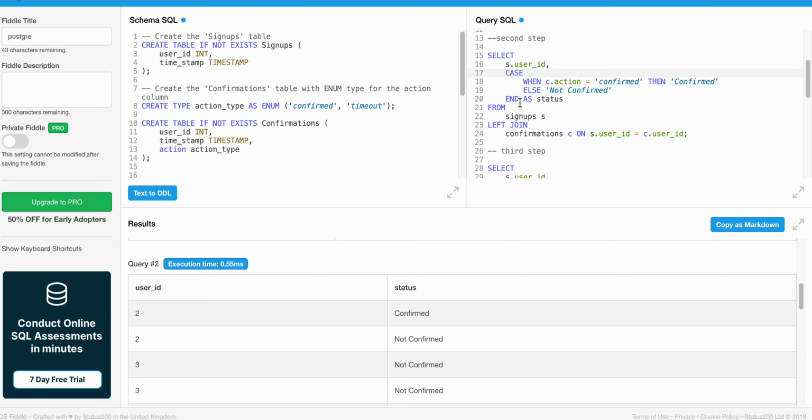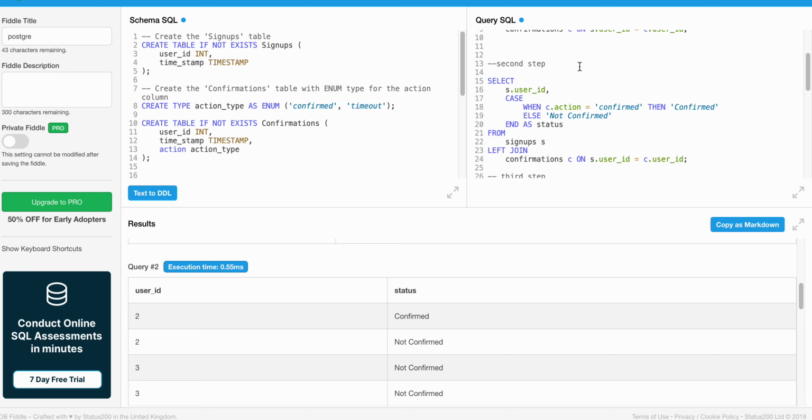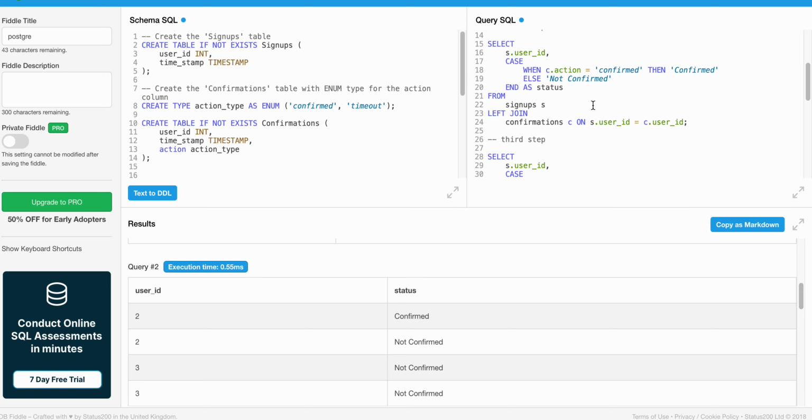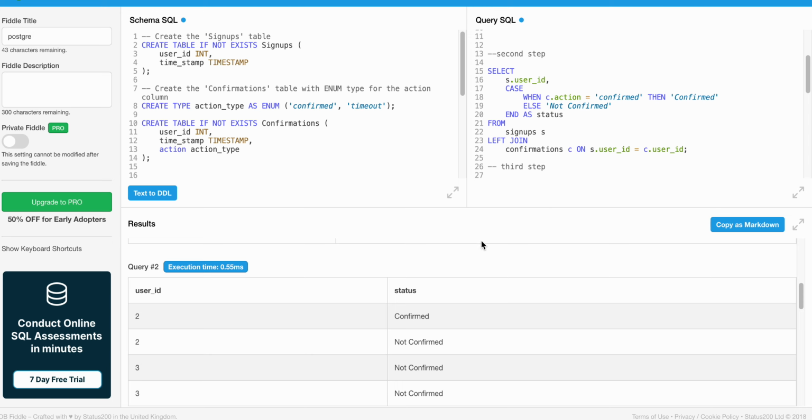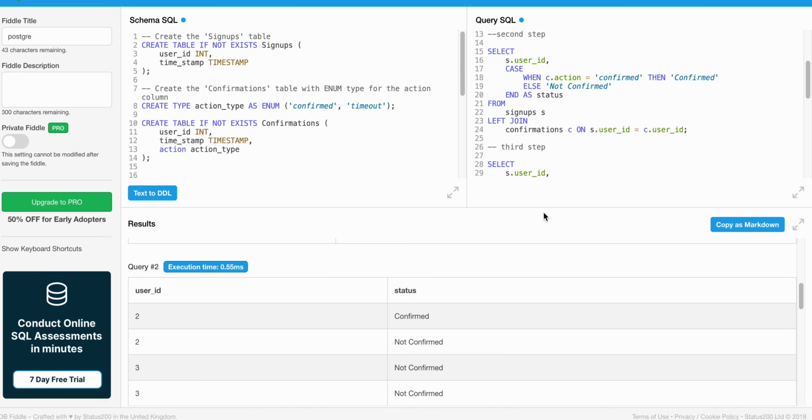We created a status column, and then we configure how to fill that column. Again, we are saying join the signups table with the confirmations table based on the user ID, but for status, fill the corresponding cell for the user ID